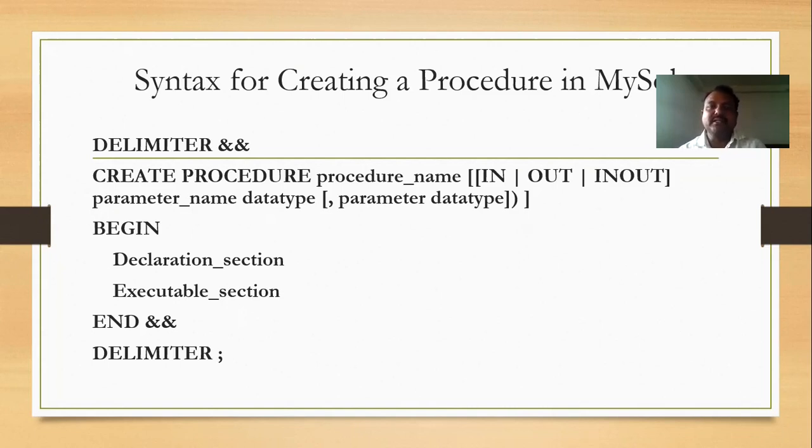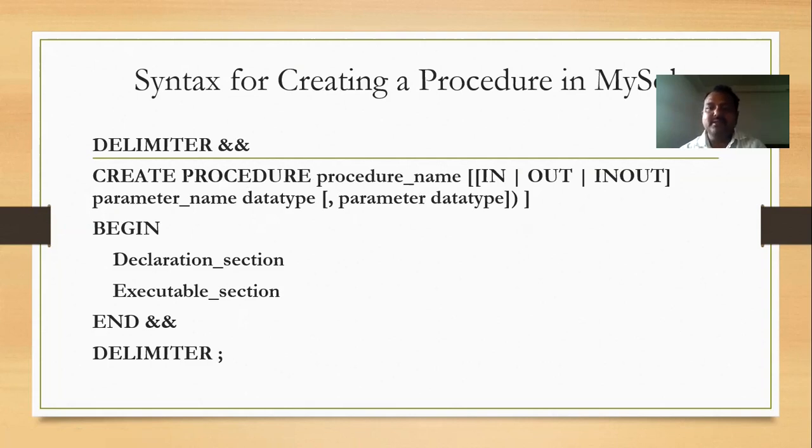For creating a procedure in the database, we are going to use the command create, and the keyword procedure, and we are going to give our own name in the place of the procedure name. And we are going to give some parameters into this procedure.